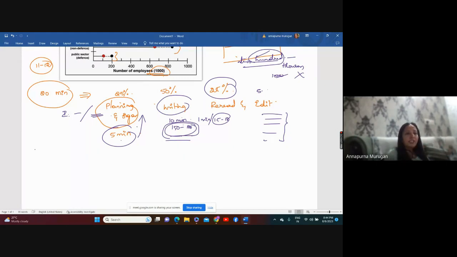But if you use these complete 20 minutes only for writing, we may miss on the ideas, we may have repetitions, we may have spelling mistakes, we may not have presented the right things there. So this is what happens when we blindly write. But when we plan, write, and edit, ours will be a professional writing. And guys, at this level, they will be looking for professional writing, not just raw writing here.